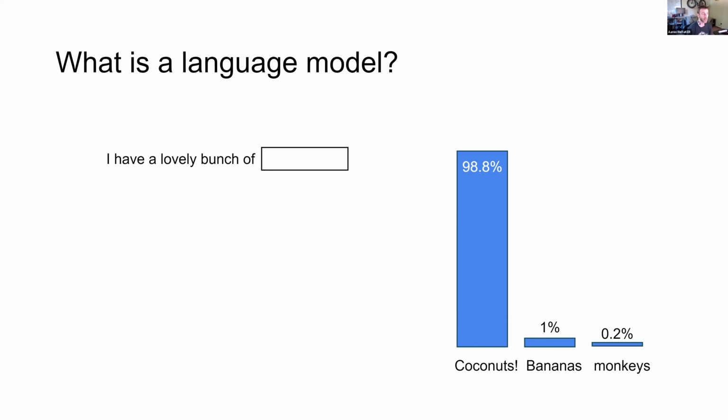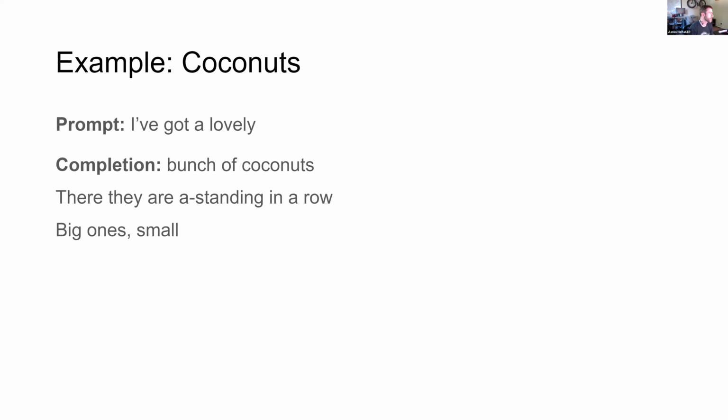Now it's very, very likely that we're going to put "coconuts" in there. If you're familiar with the song, "I have a lovely bunch of coconuts," you can see that the language model sort of knows the song and can complete the song if you start saying it. I just want to give the example here. If I just give it the prompt, "I have a lovely," it'll complete. This is, by the way,